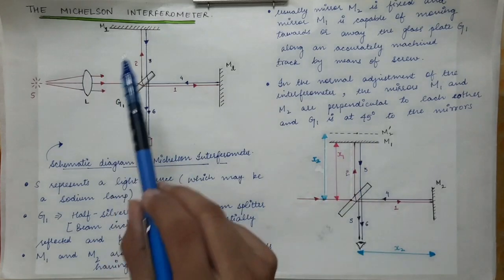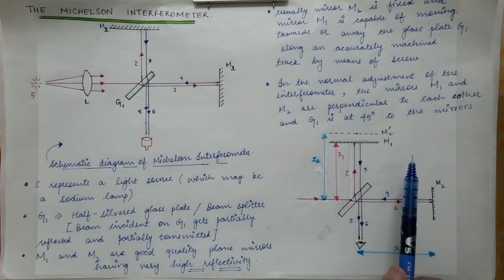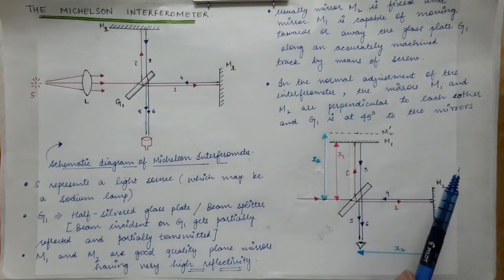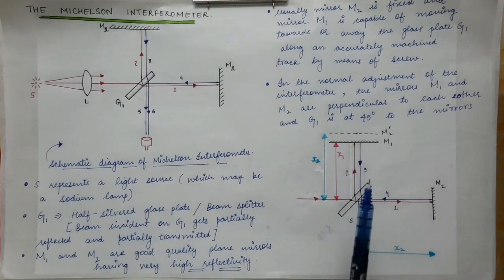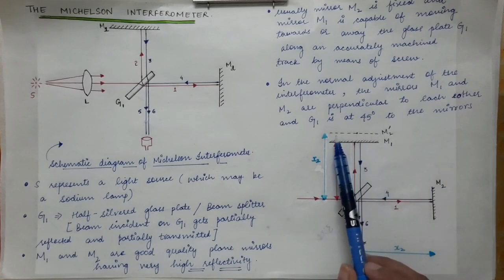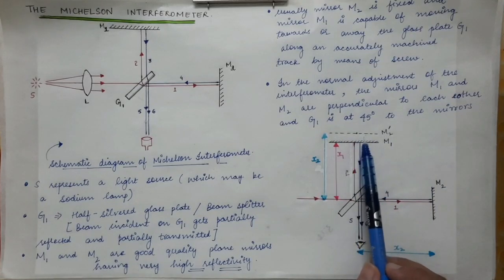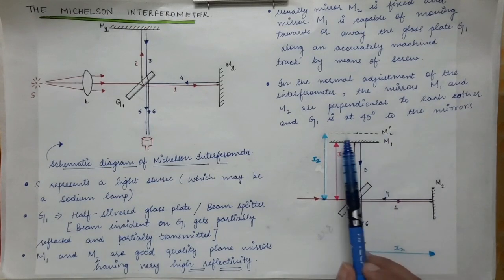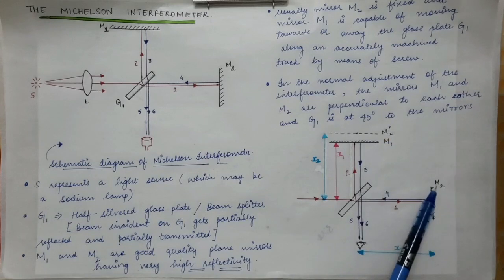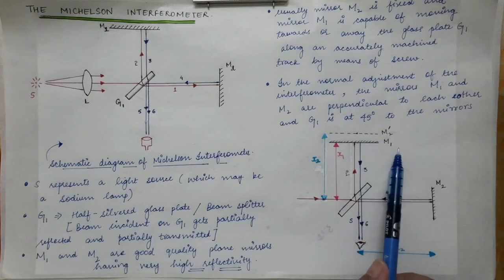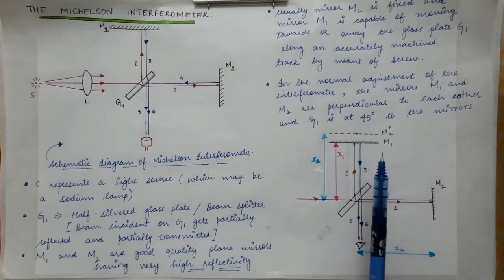So now in the Michelson's interferometer, what is the kind of thin film which is present? Because the Michelson's interferometer comes under division of amplitude, there is some thin film present over here. Now what is the thin film over here? The thin film is the film made between mirror M1 and the virtual image of the mirror M2. So this is M2 prime, the image of the mirror M2. The thickness between M2 prime and M1 is the thin film which is formed.